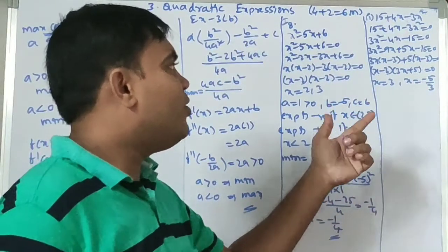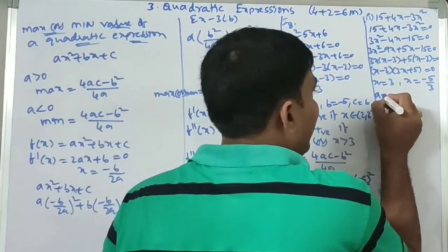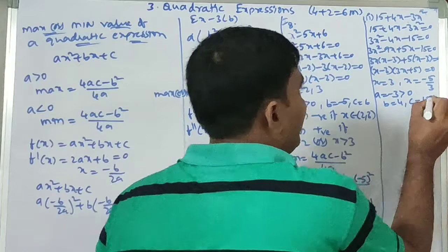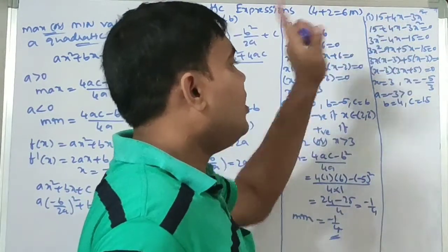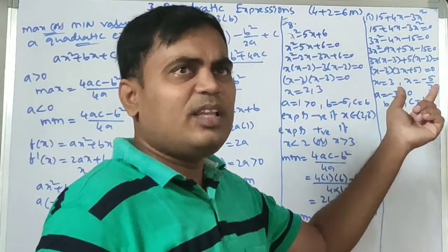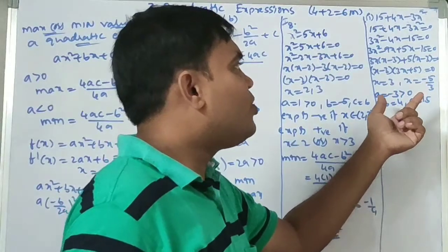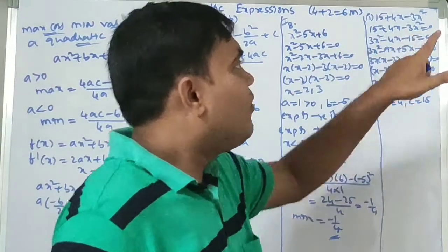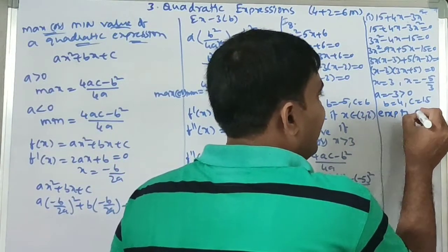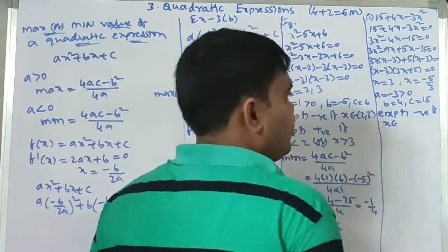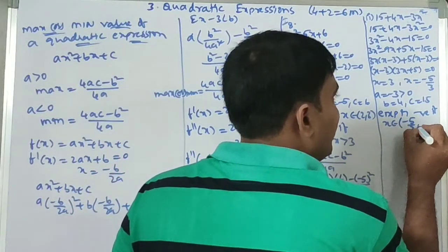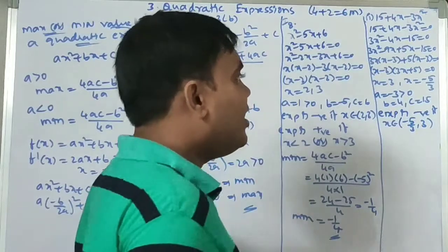So if we are taking these values, a equal to minus 3, which is less than 0, b equal to 4, c equal to 15. So the roots are real, alpha and beta. These roots are real roots. If these roots are real roots, if x lies between them, what happens? a value is negative, so the expression is negative if x belongs to what? Minus 5 by 3 to 3.